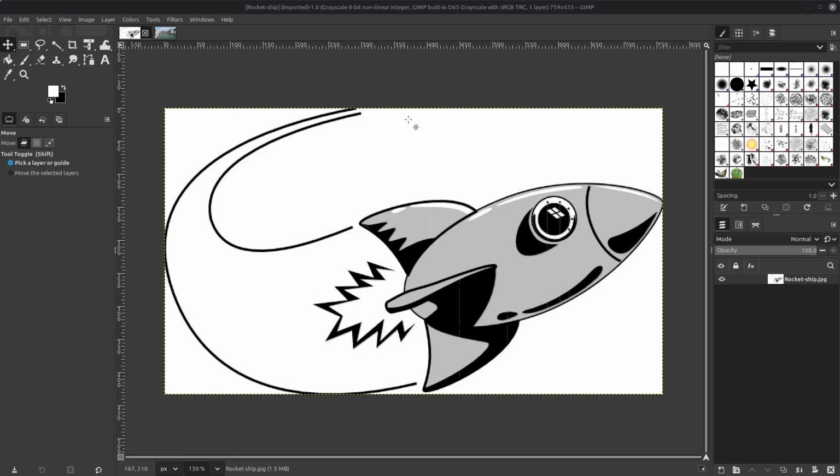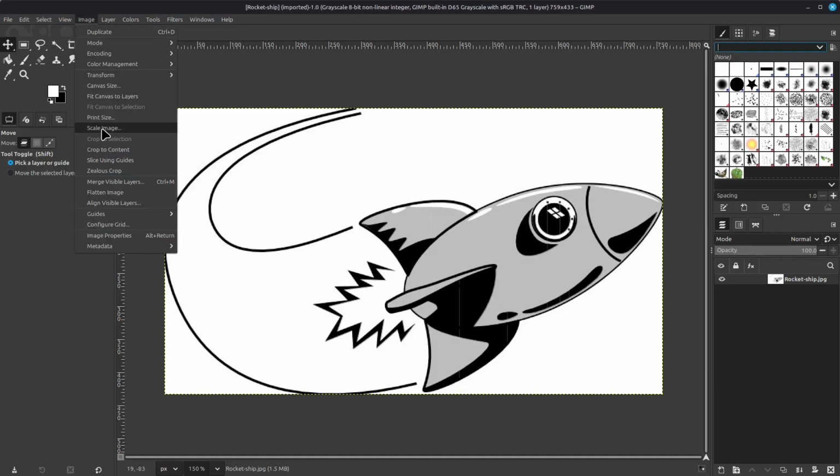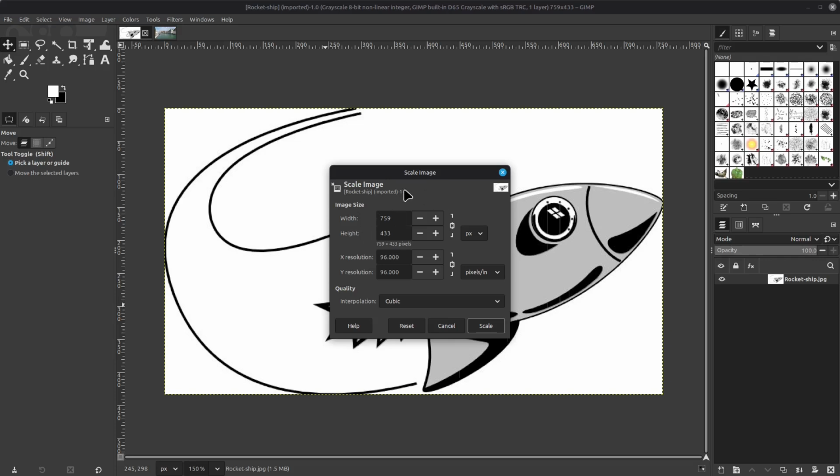So what I have here is my original rocket ship logo here in GIMP, and there are three things that I want to potentially do in GIMP. The first thing is that I maybe want to resize the image. If this image was not the right size that I wanted for whatever reason, I would click on Image and then Scale Image, and then use these adjustments to set the value to whatever width or height you wanted manually, and then click Scale and you're done.